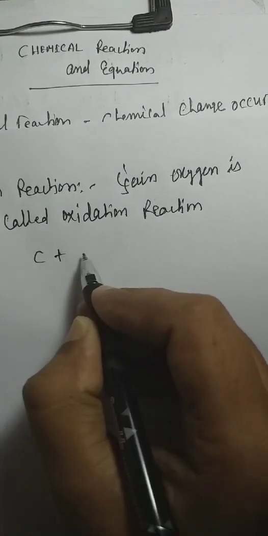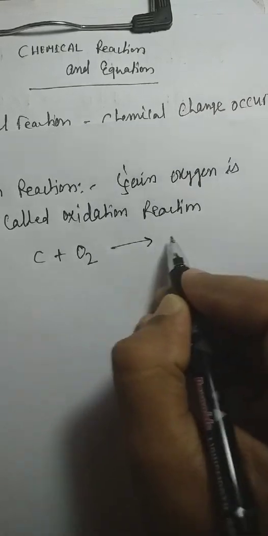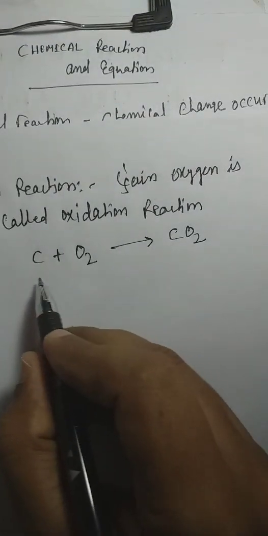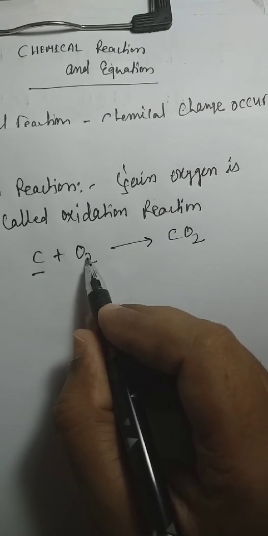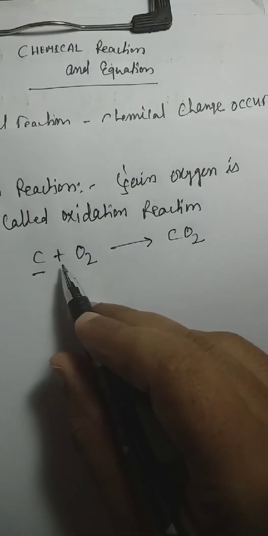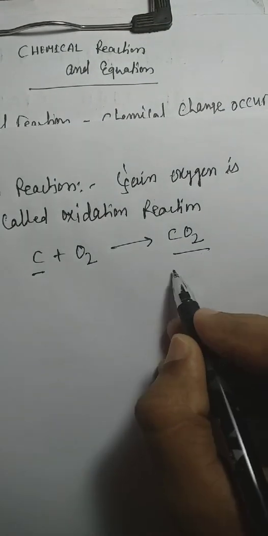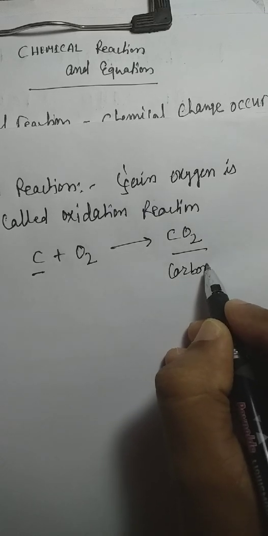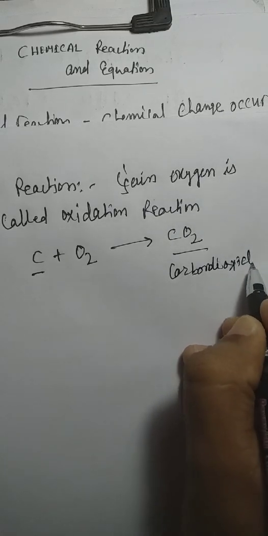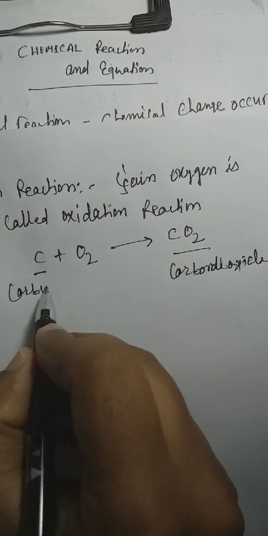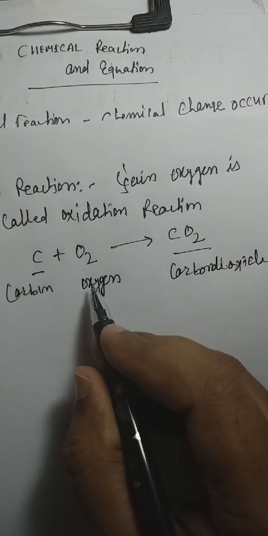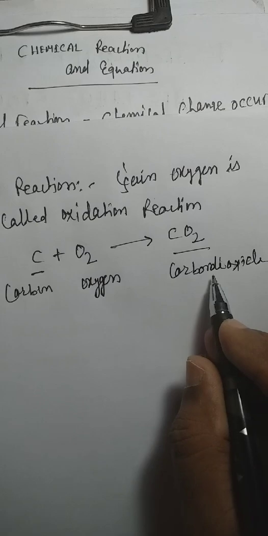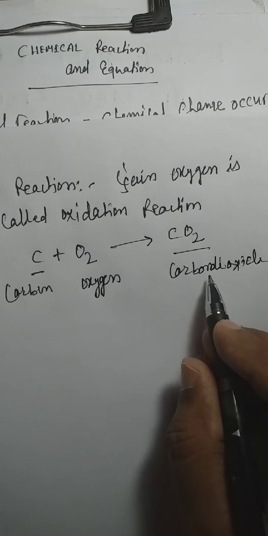Example, we are taking carbon. When it reacts with oxygen, it will form carbon dioxide. What happens? See, in the initial situation we are taking carbon, it starts reacting and gains that oxygen molecule, by which it converts to carbon dioxide, right? Carbon dioxide, and this side is carbon and oxygen. So any element which gains oxygen and forms a compound having oxygen atoms, that is called an oxidation reaction.